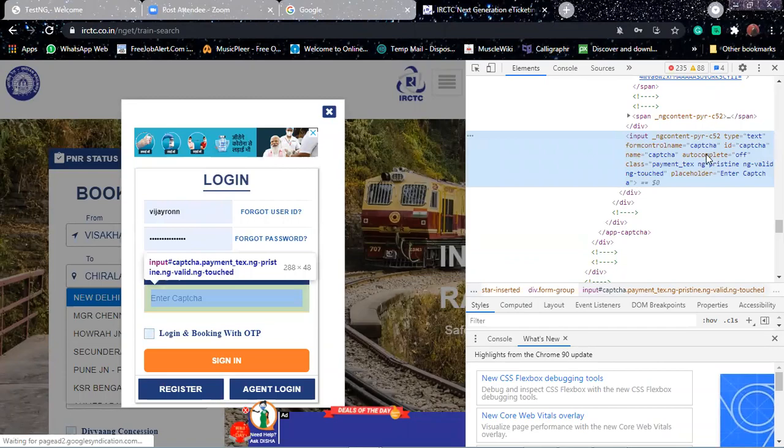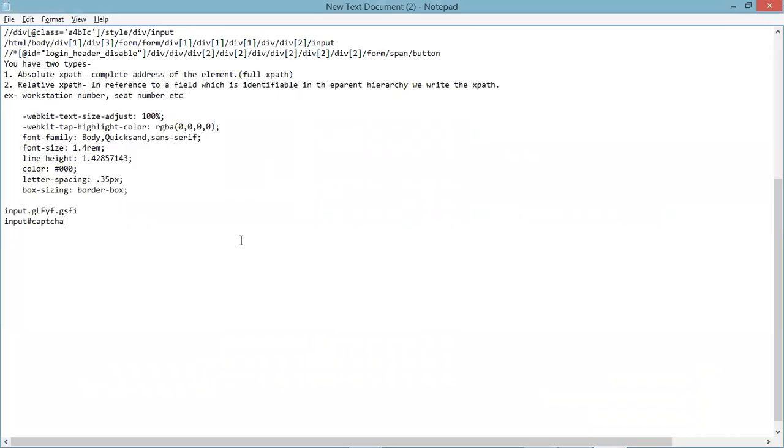Either you give the CSS selector properties, or, earlier we copied something above, font size and 1.4 em is there, right? Copy that. Paste it down.